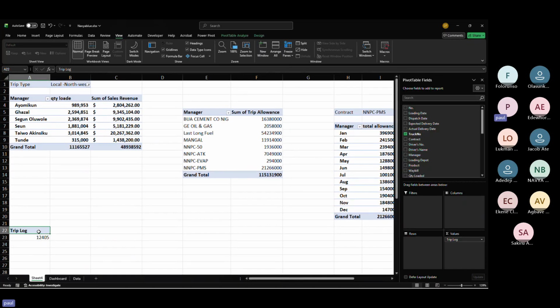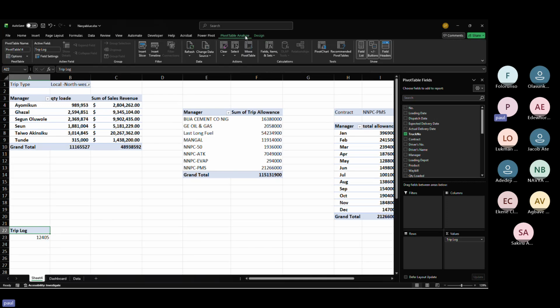So for simplicity's sake, when you are working with your dashboard, you might need to rename this particular pivot table. Give it a name, trip, right? Trip log, so that you know what it is for. Give it a name. You'll see the effects later on. Don't worry, I'll show us. So next thing I want to do